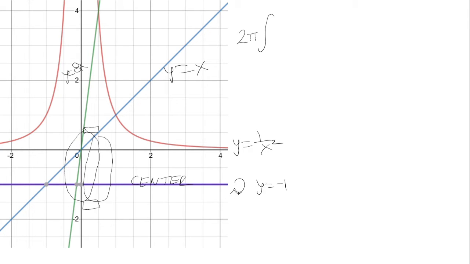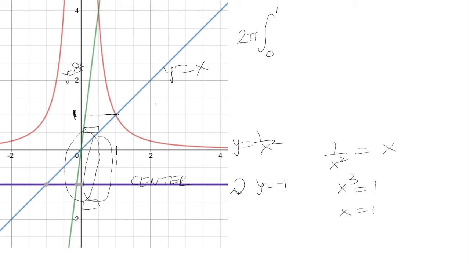Now, the rectangles are bounded between y equals x and y equals 8x up until this point right here. So this point is where y equals 1 over x squared and y equals x intersect. Okay, so we're going to set those equal and get that x cubed is 1, so x has to be 1. So this x value is 1. The y value is also 1 because if I plug x equals 1 into 1 over x squared or x, I also get 1. Because the rectangles are going to be horizontal, this will be in terms of y, so we'll go from 0